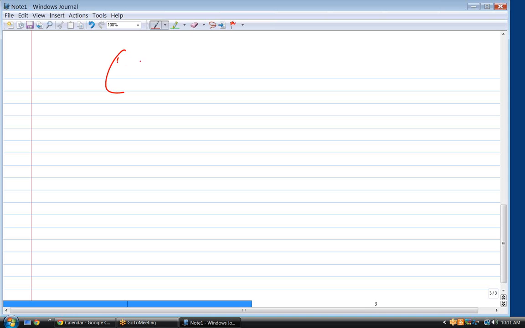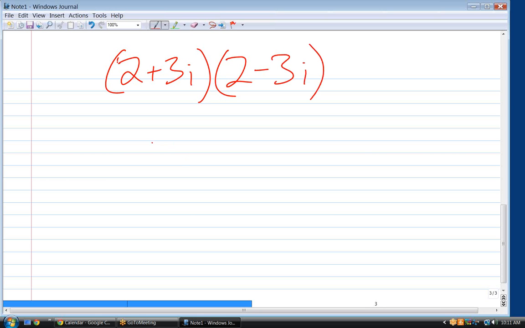Parenthesis 2 plus 3i, and parenthesis, and the beginning of the next parenthesis, 2 minus 3i. Okay, multiply those together. What do you get? So 9i squared plus... Hold on. We can do this two ways. We can FOIL it,